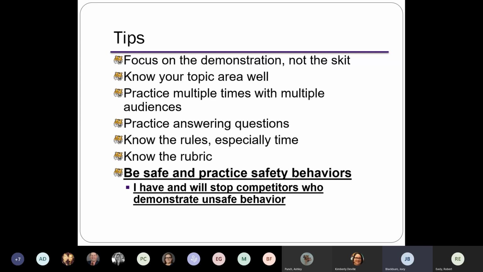If something's got to be cut, my advice would be to cut something that's not directly related to the demonstration itself. It might be more of an introduction or something in the middle we can cut. Know the rubric, it's not going to change from years past. And then the last one, especially from the last couple of years,